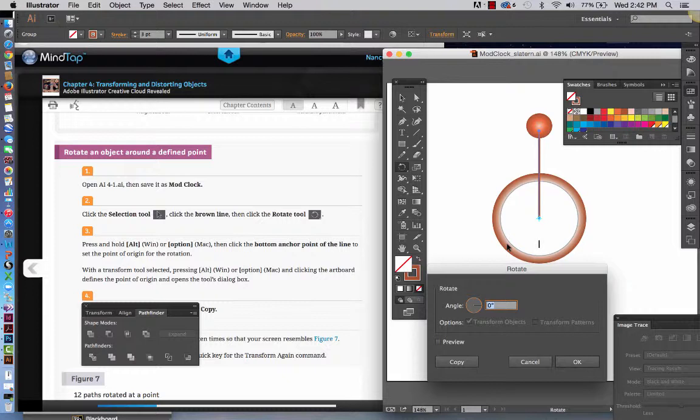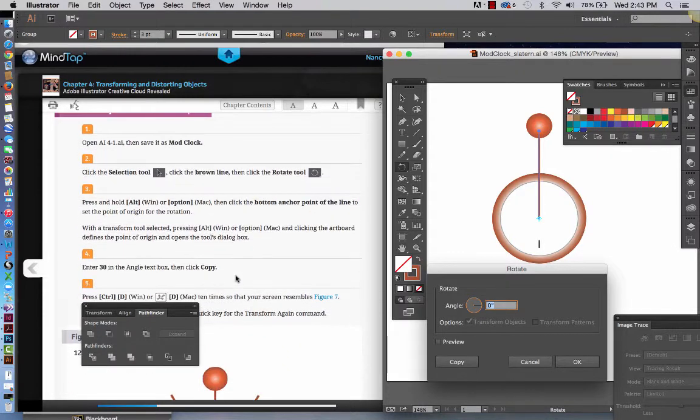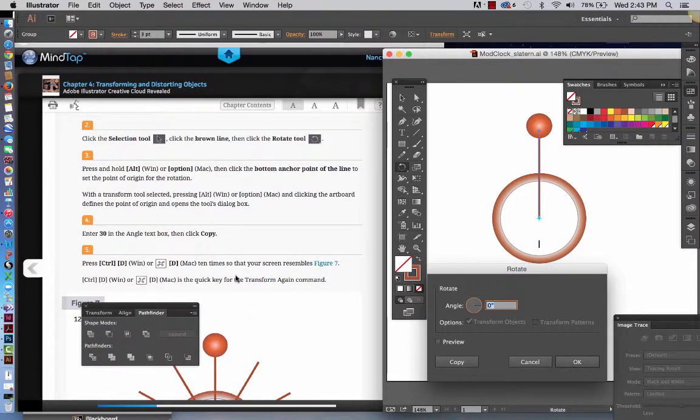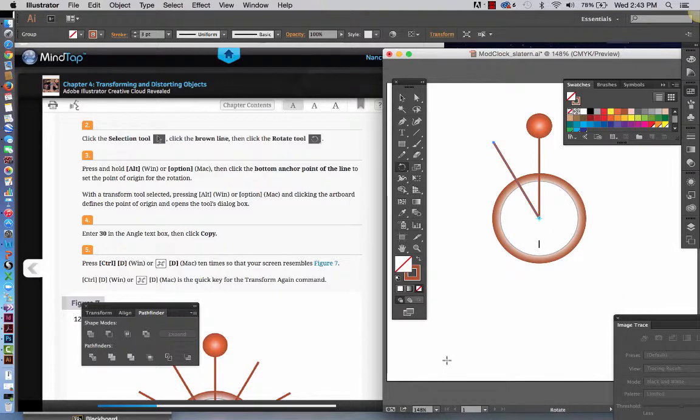Now with the transform tool selected, pressing Alt if you're on a Windows or Option if you're on a Mac, and clicking the artboard also opens the tools dialog box as well as defining the point of origin. So I'm just going to move. All right, so we are going to enter 30 in the angle text box. And then you're going to click Copy. And I always hit Preview just to make sure that it's what I want it to look like,